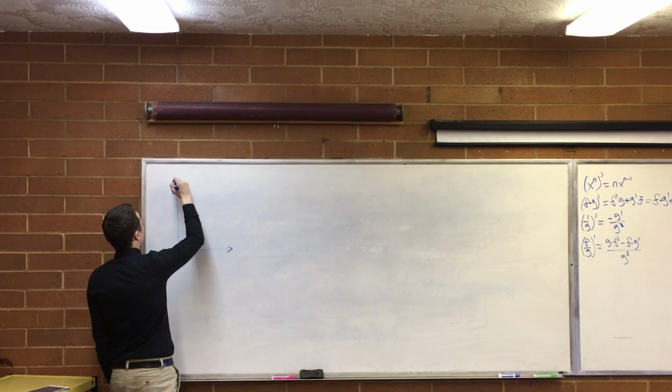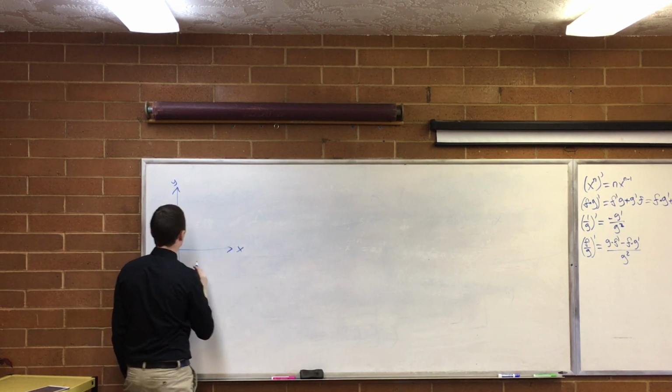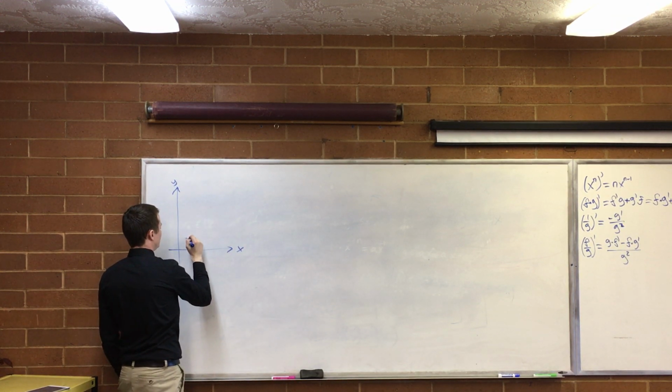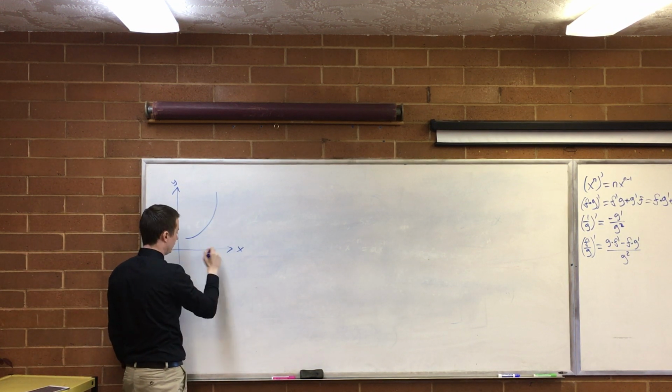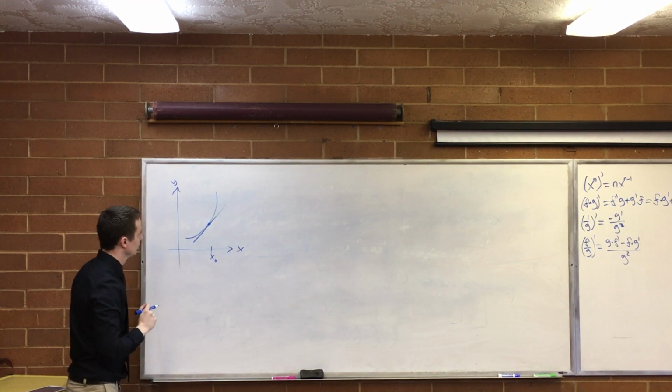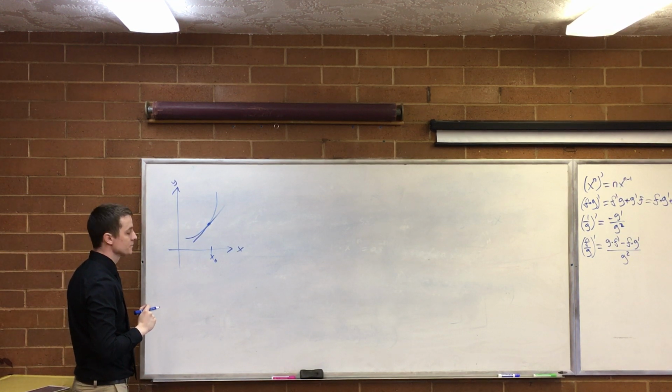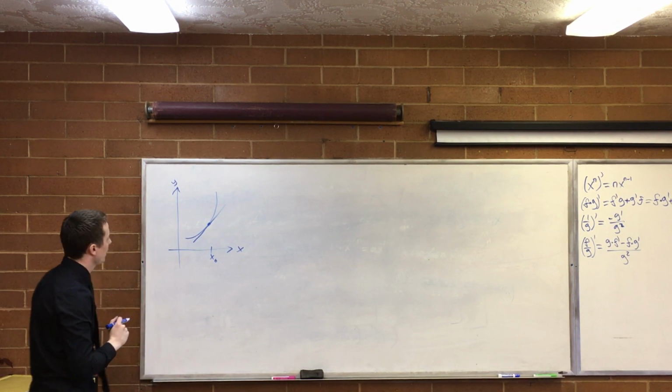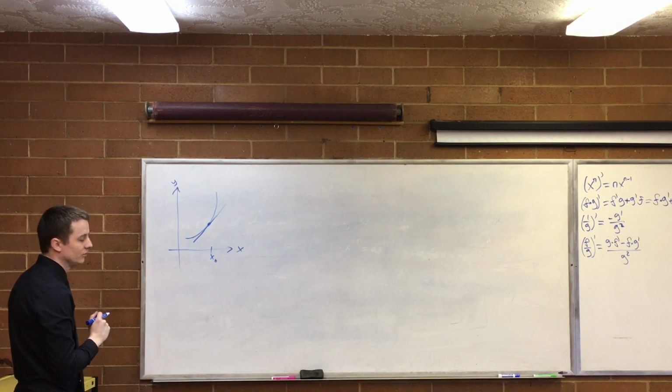If I have, this is my y, this is my x, and I have some curve here. There's my curve, here's x naught. The derivative at x naught is then going to be the slope of this line, right? Now, when I swap my y's and my x's,